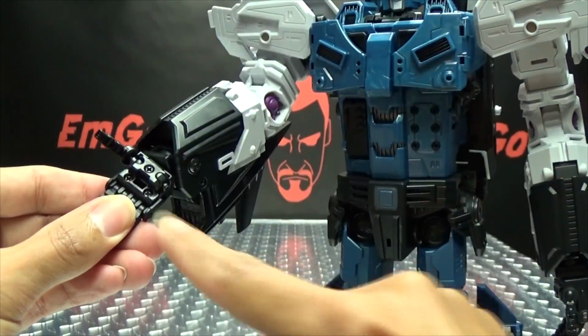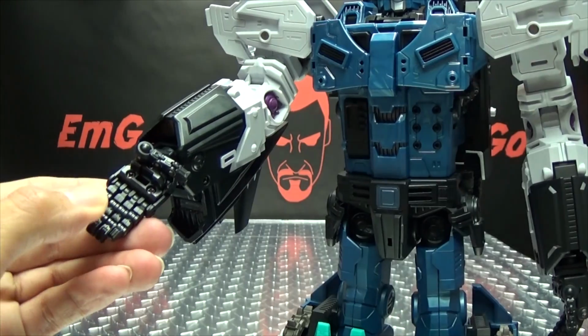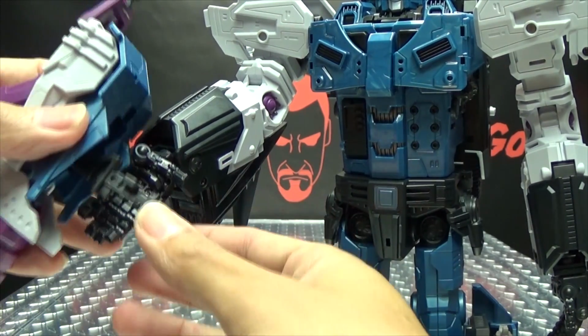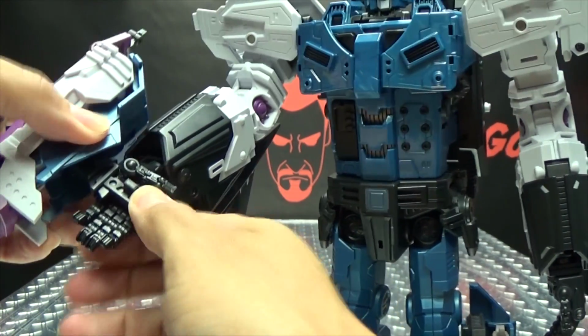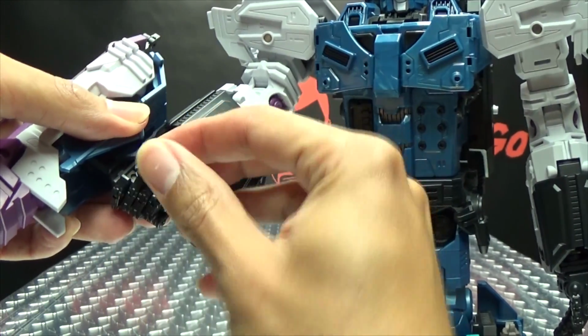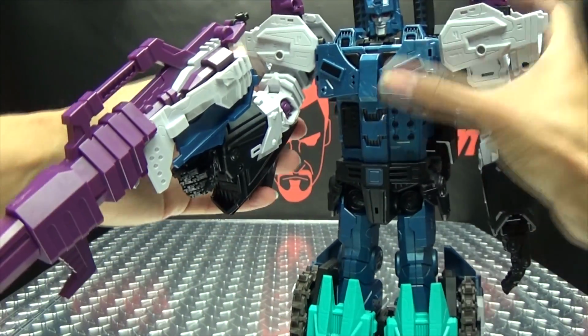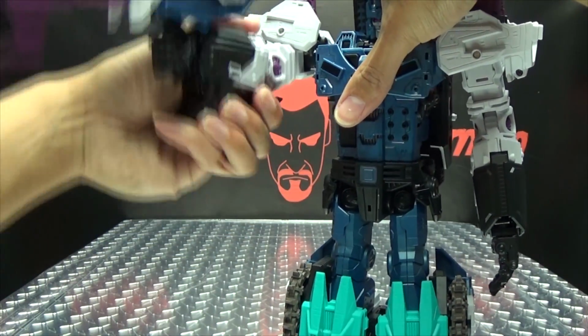And you can see there is a slot right there in his palm. You want to make sure his thumb is down when you're plugging the gun in or plugging anything in. And then just plug that in. Wrap his fingers around it, and then you can bring his thumb up. Wrap his thumb around it. And there you go. He's holding his gun, and he can support the weight of it, which is very nice,